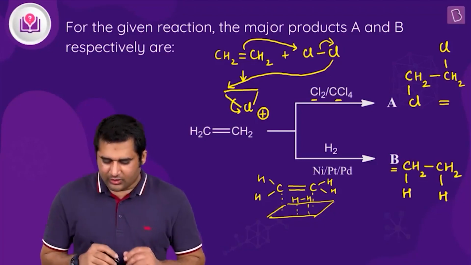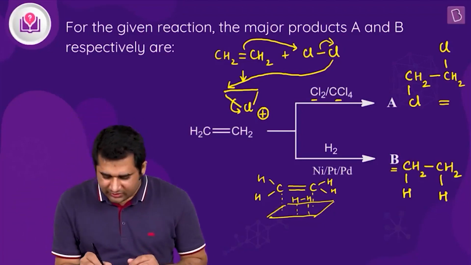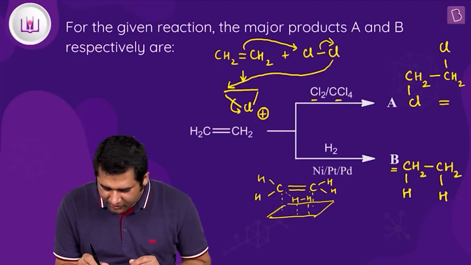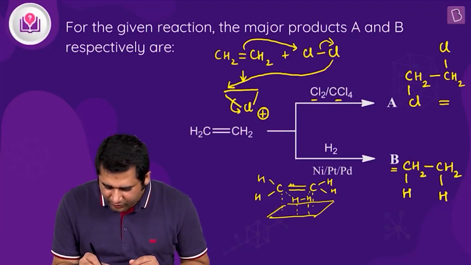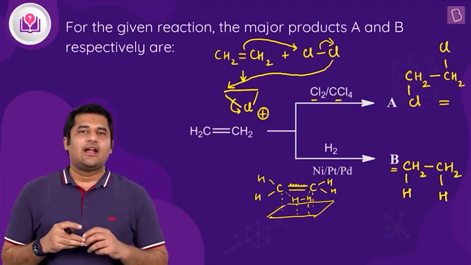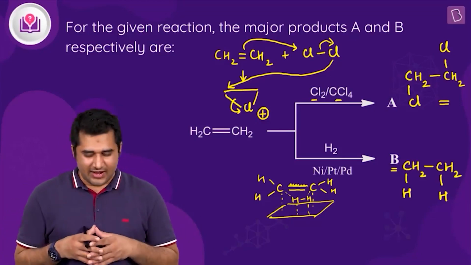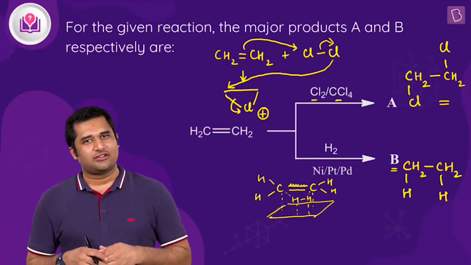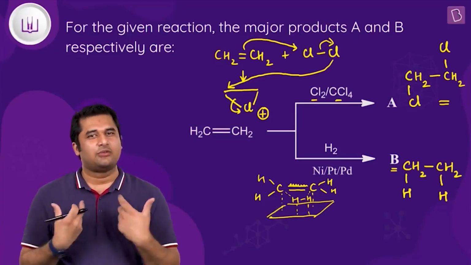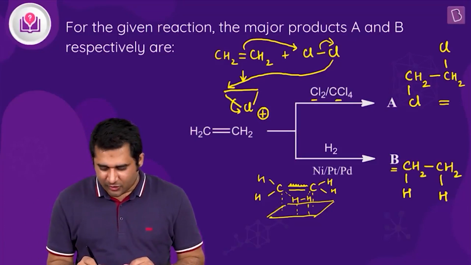All right. Now, upon adsorption, what will happen? The carbon and hydrogen will start forming bond with each other, leading to breakdown of this pi bond. And this is how the addition will take place in this particular case. And this leads to formation of a syn product, wherein both hydrogen atoms will be attacking from the same side.